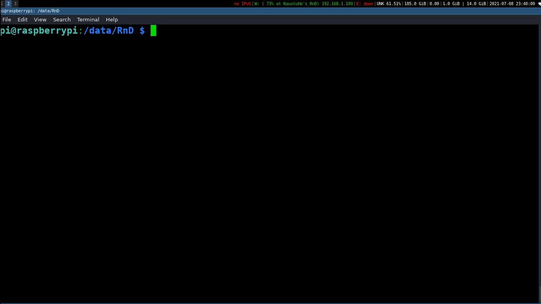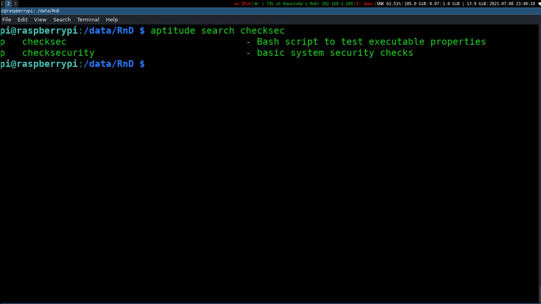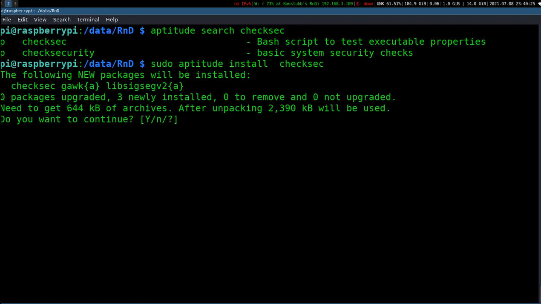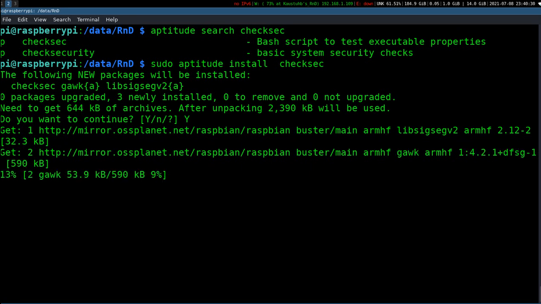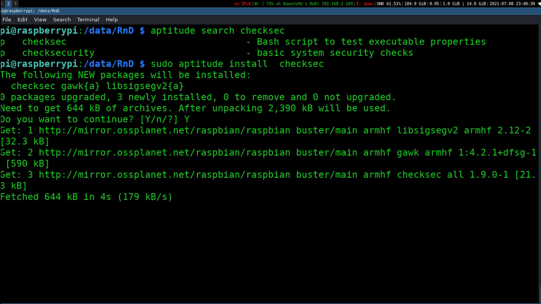Yeah, we have to install GEF, we have to install GDB. I think also we have to install checksec. Checksec is the utility which I already made a video on. So do sudo install checksec. Yes, and I believe we have to install this checksec.